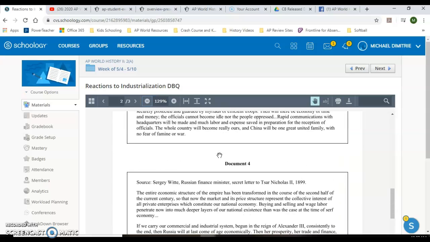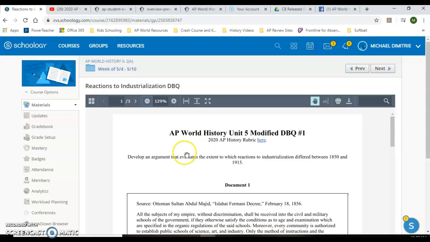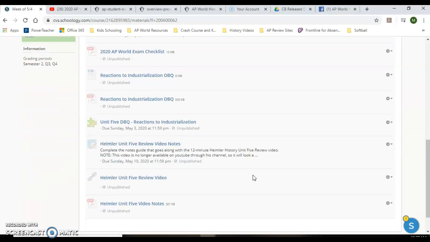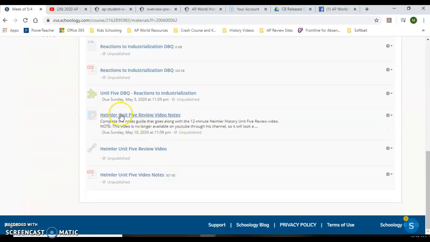So you want to take a look at all those on Thursday. Make sure you understand them. Make sure you jot down your notes about them. And then Friday, ultimately, is when you're going to write the DBQ. And the way you're going to write the DBQ is, again, I published it as a quiz